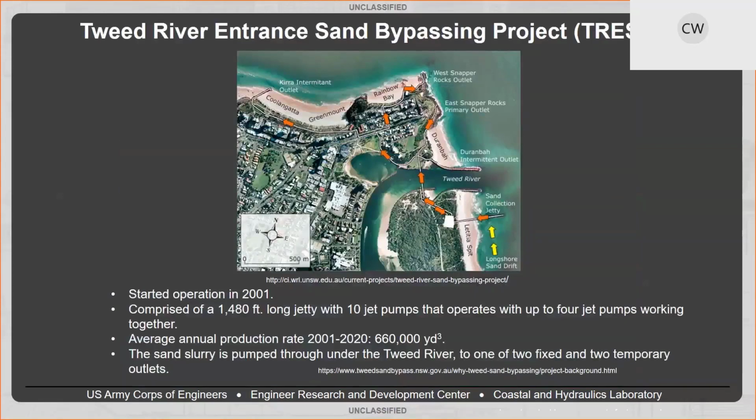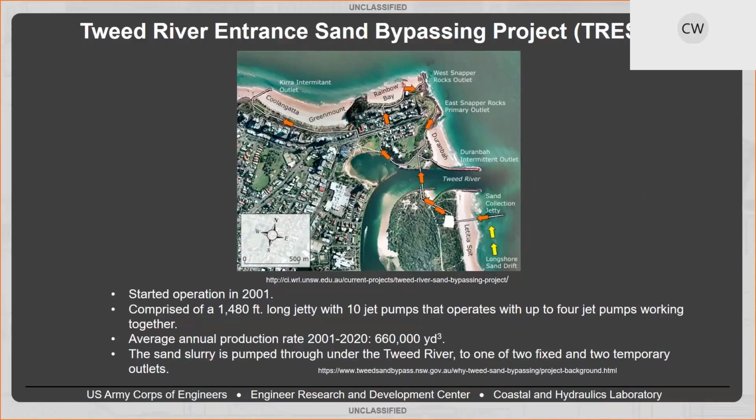So they started operation about 20 years ago in 2001. Their jetty is just slightly shorter at 1,480 feet. The other jetty was about 16, I believe. So it's a very similar system, as I mentioned, 10 jet pumps with 4 working at any one time. They can adjust which set of 4 depending on where the sand is currently in the accretioner fillet. Annual production rates from the duration of their operations has been about 660,000 cubic yards per